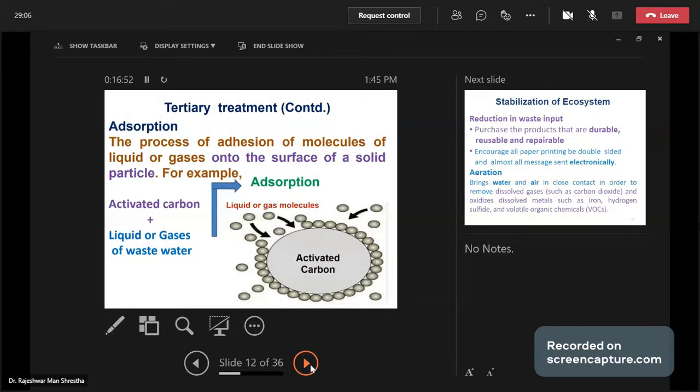Adsorption means the process of adhesion of molecules of liquid or gases on the surface of a solid. When we make this carbon, the carbon is very porous, as we can expect. The more pores that are developed, the more adsorption there will be. More surface area means more substances will be removed by that process. From this process, we can remove gases, and we can remove liquid impurities like coloring matter,